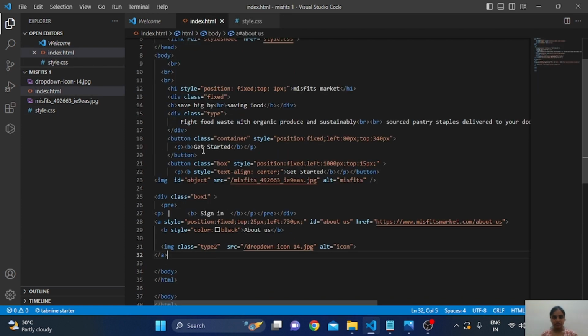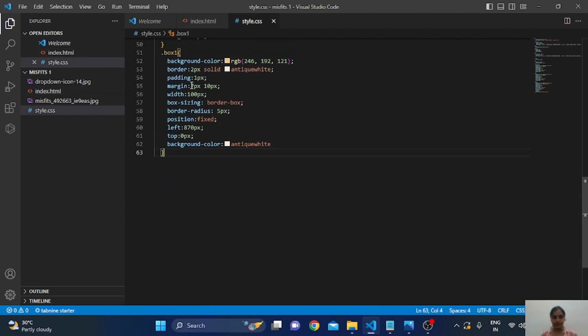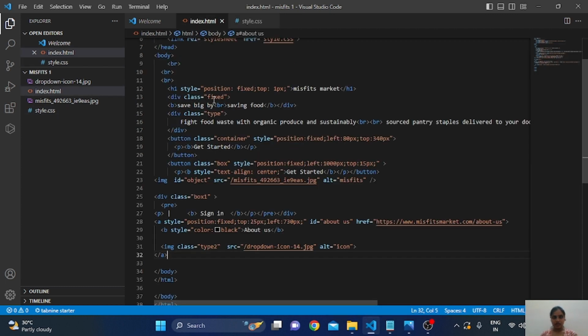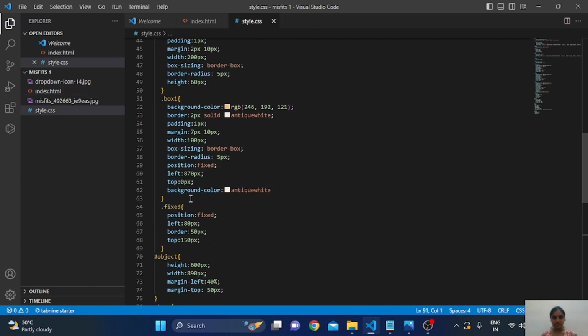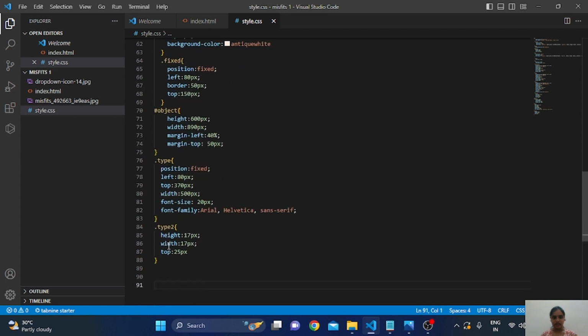And next we have taken box 1, and we have given the same background color, border and padding, position, width and height, and box sizing, border radius. And next I have taken the fixed class and given some CSS code to the fixed class. And next we have